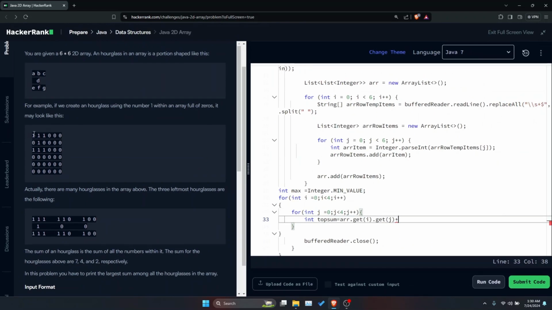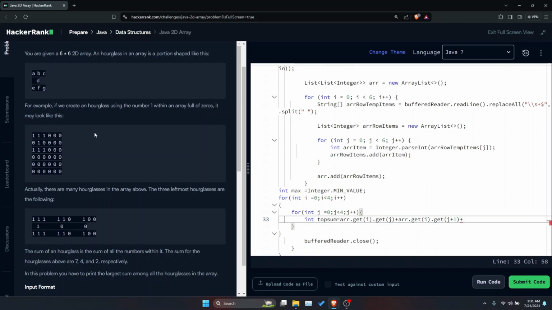For the second element, the row is the same, but the column has changed from 0 to 1. So I would write array dot get i, because i remains the same, dot get j plus 1. Here it was 0, so I would write j plus 1. And then add this element.